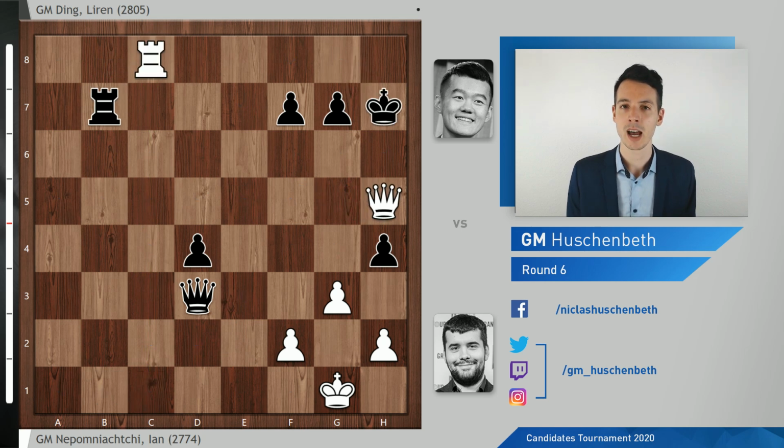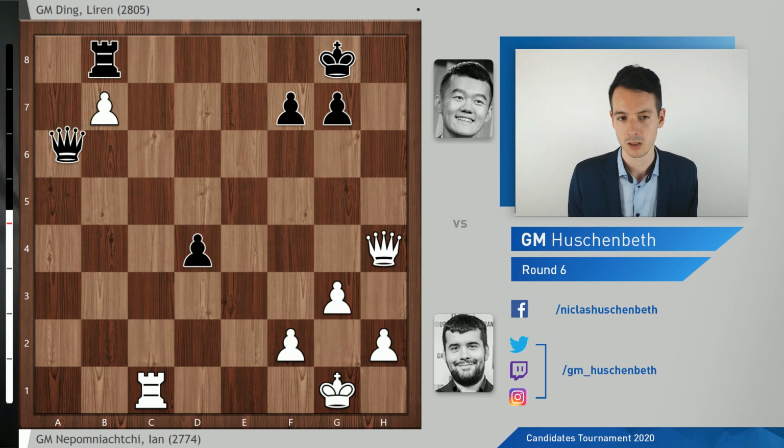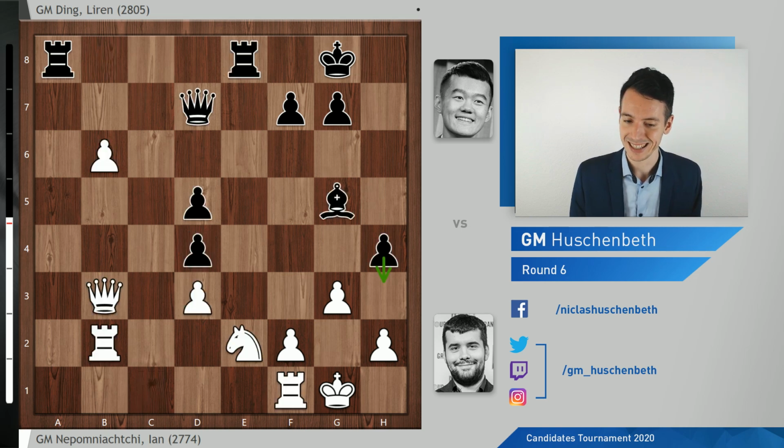But black has an only move, which is queen a6 in this position, in this way stopping rook c8, and the best white can get is this endgame with 3 versus 2, but he probably needs to trade this queen sooner or later, and then the rook endgame will be fairly simple to hold for black. Yet again, not an easy defense. h3,